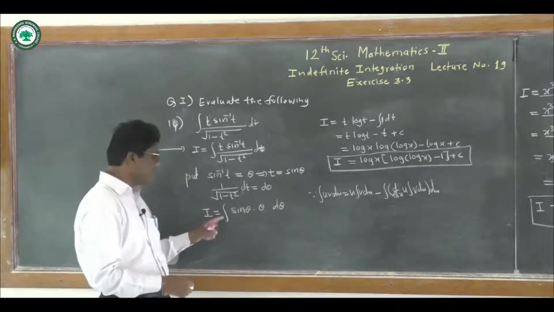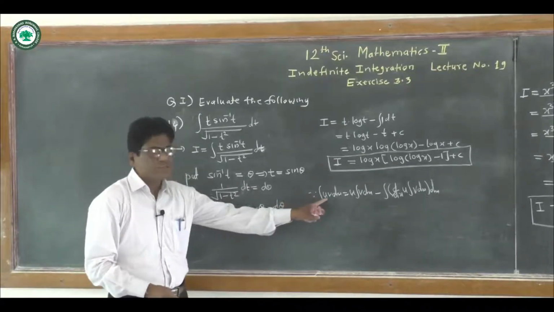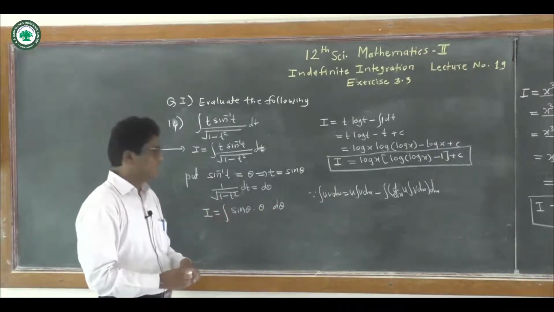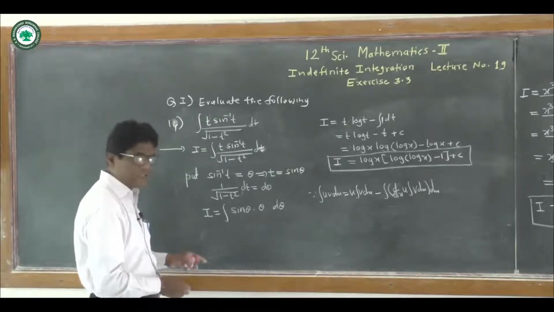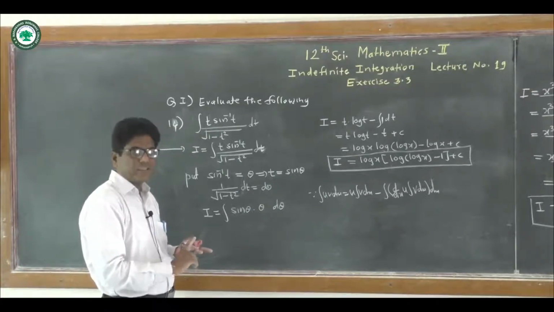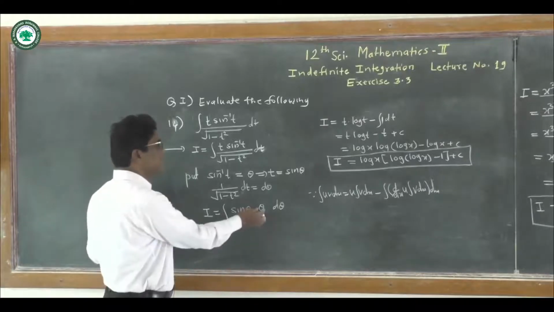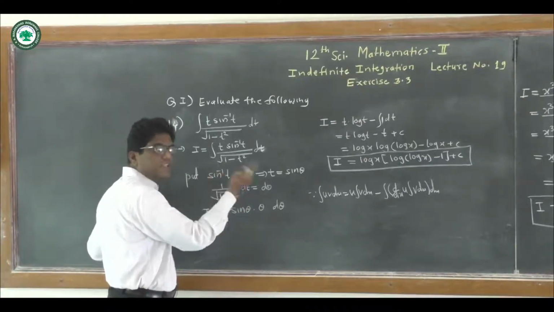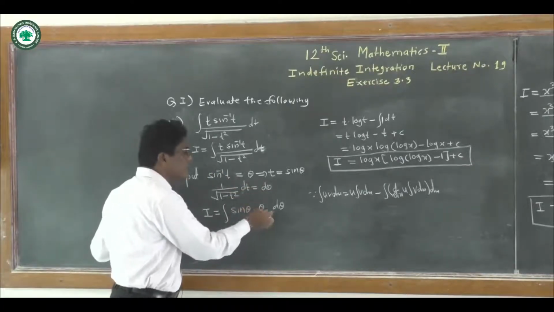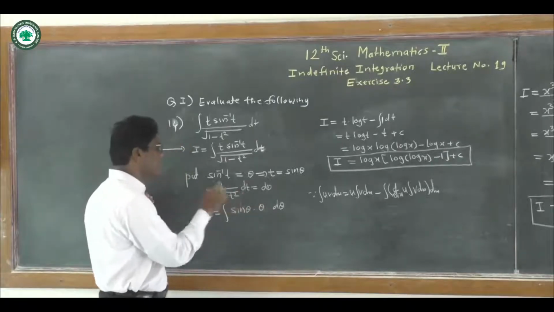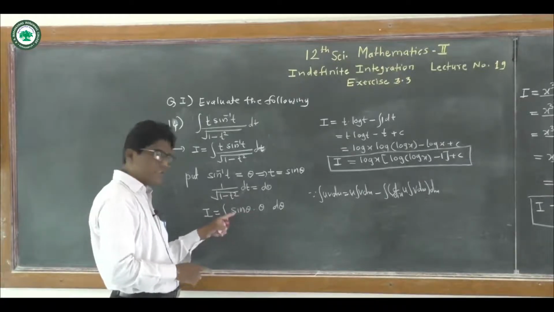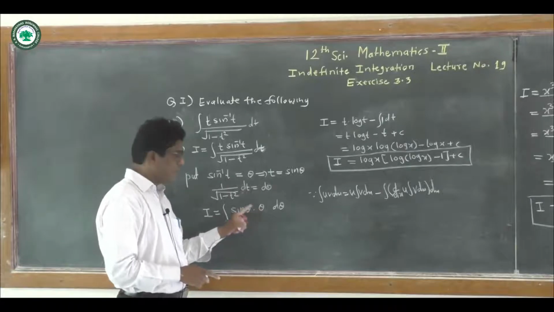So again here it is integration of product of two functions. So use here integration of uv dx. Now here the choice of u and v, that is first function and second function, by the LIATE rule. Remember the LIATE rule. That is L logarithmic function, I inverse trigonometric function, A algebraic function, T trigonometric function. Here algebraic function is present, theta, and then trigonometric function, which is here sine theta. So A is first and then T. So theta is u and sine theta is v.